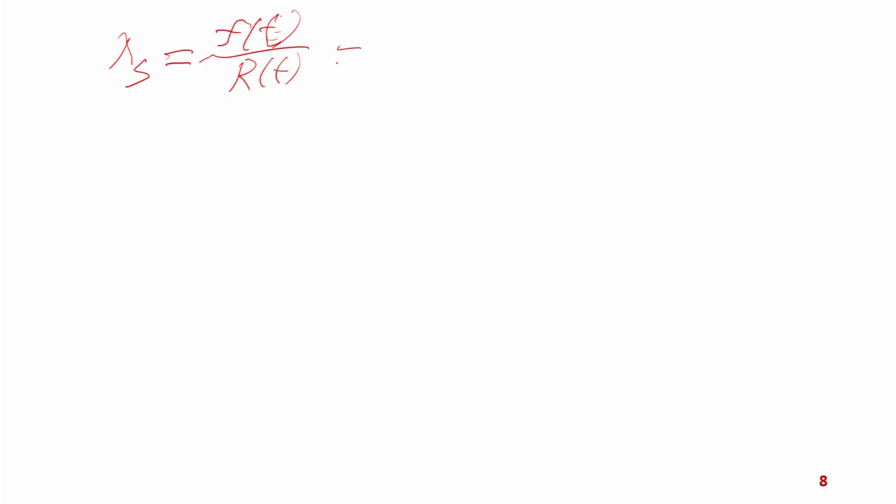and then I can write this is equal to minus R dash t divided by R(t). So, I should write this as f_s(t), which is the probability density function of the failure of the overall system. That is why I am writing f_s(t) is equal to minus the derivative of R_s(t), divided by R_s(t),